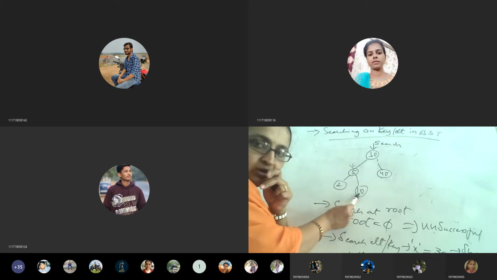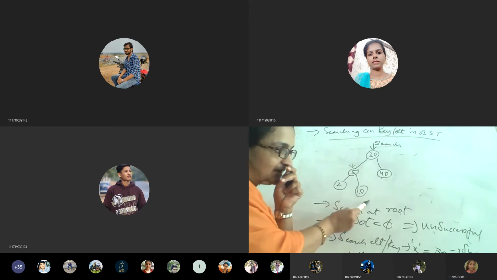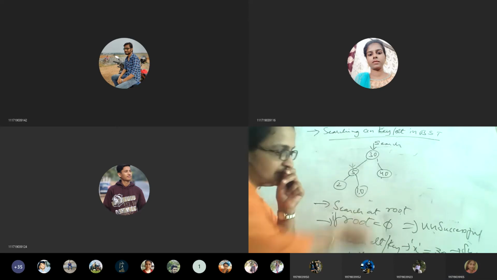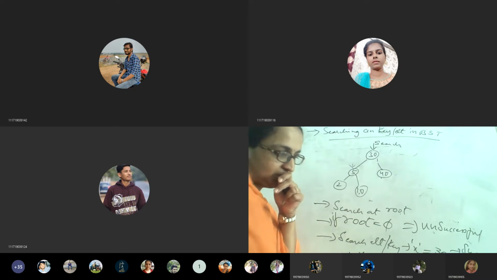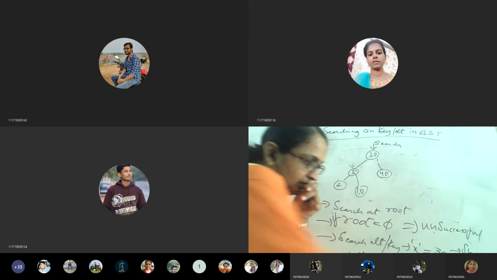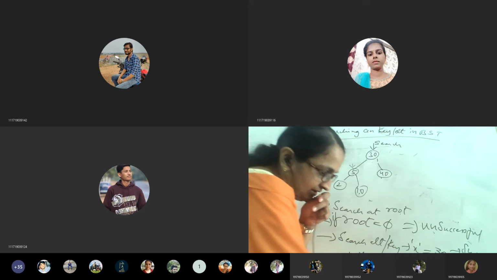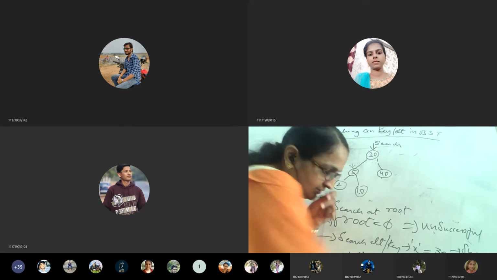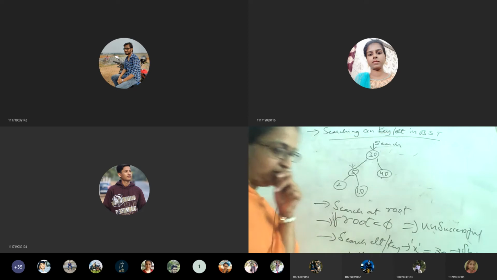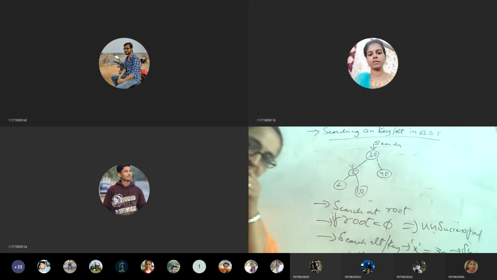No. Compare: 12 is greater than 10. So when 12 is greater than 10, go towards right. But on the right you don't have anything. So that means the termination point has come. When X is equal to 10, the search was successful. When X is equal to 12, it is unsuccessful. Why? Because this element 12 does not exist in the tree.